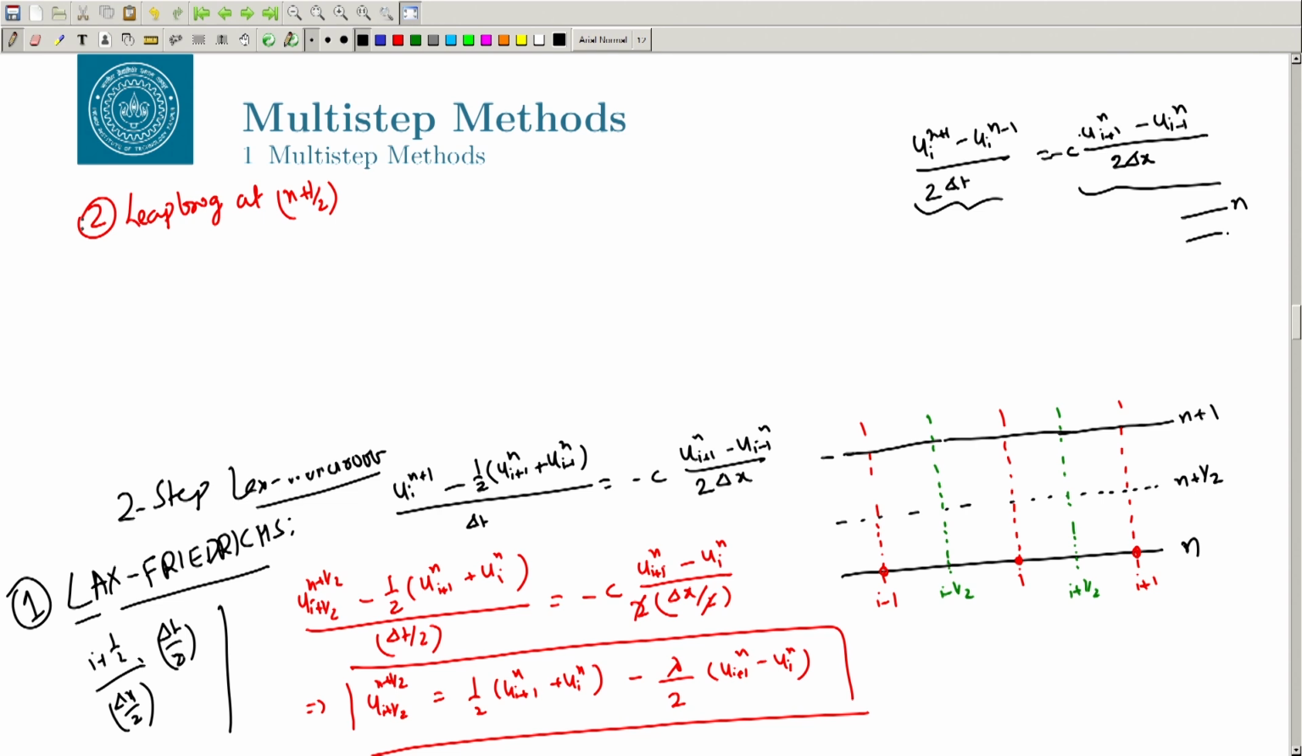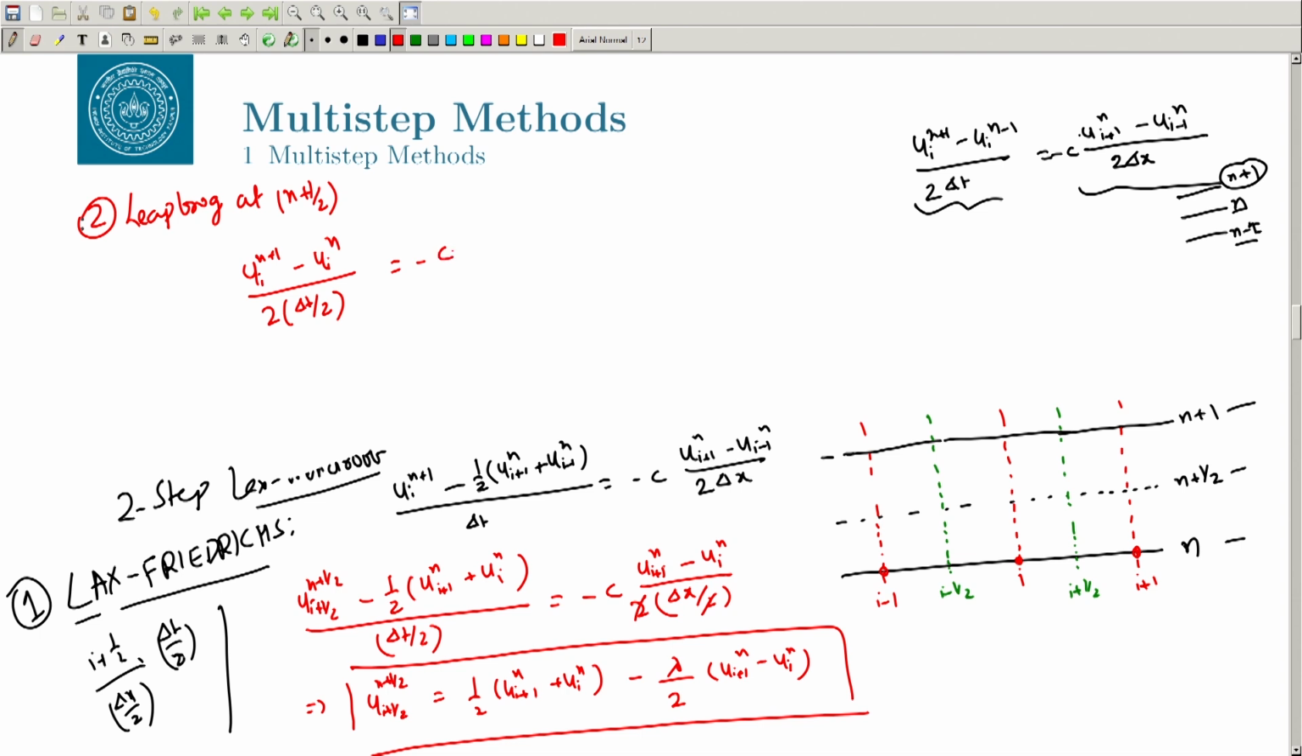So, we had n minus 1 and this was n plus 1, right. To get the value at n plus 1 we needed the value at n as well as n minus 1. Now, if you are doing it at n plus half, the 3 levels that we have are n plus half and n plus 1, right. So, write the scheme for that. So, this will become u_i^(n+1) minus u_i^n, right, by 2 into Δt by 2,